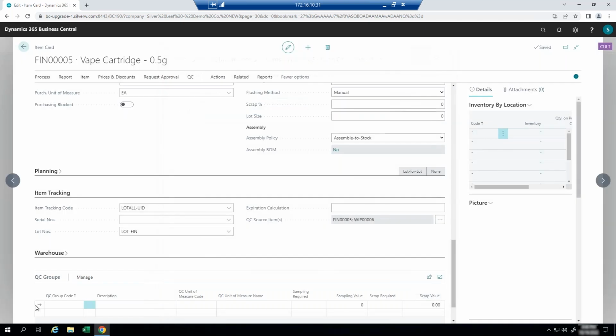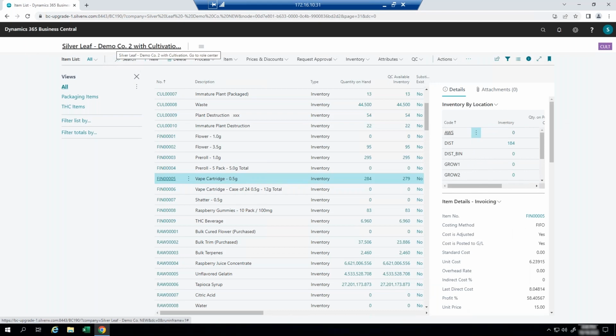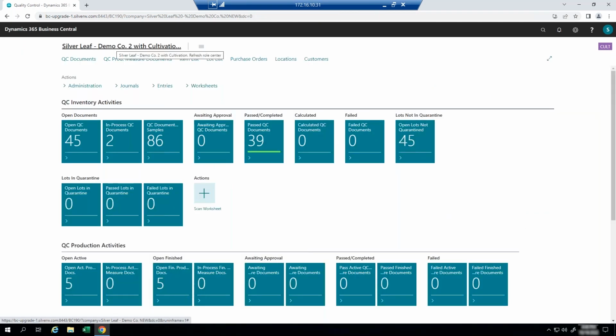Then I would just assign another QC group right here. The final thing I'd like to show you on our QC is how we can, well, actually, I'm going to show you two things. I'm going to filter a list of results. Maybe I want to find a product that meets certain minimum requirements because I'm going to do an extraction. I want to make sure I get the good stuff for that extraction. I can pull up my lot list,